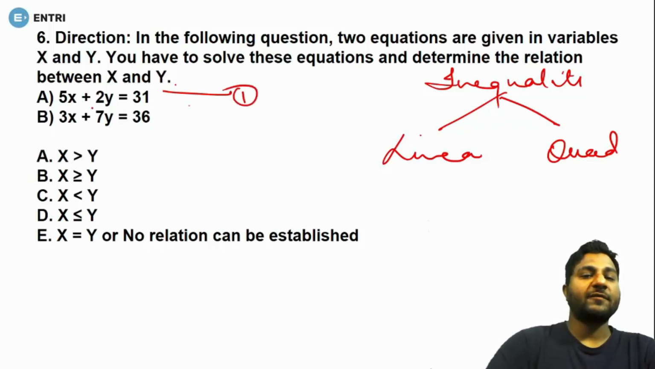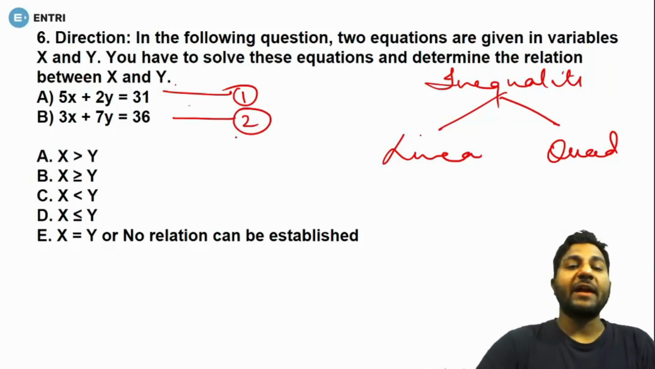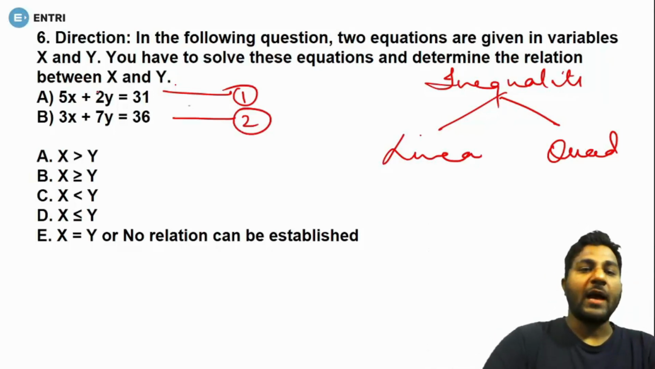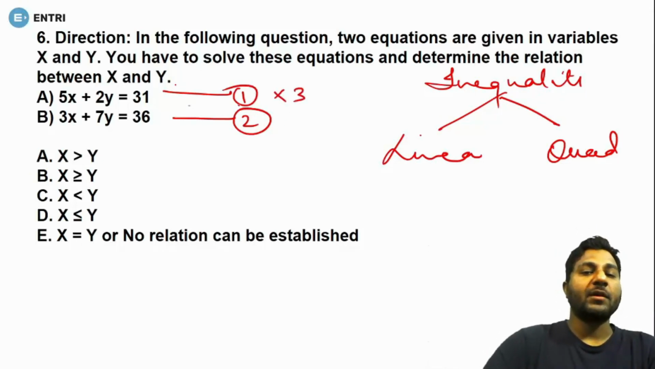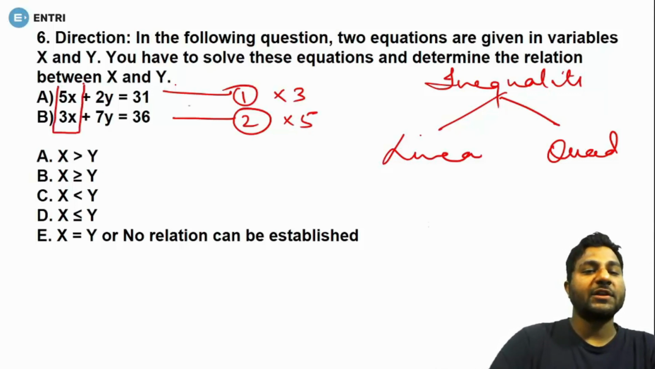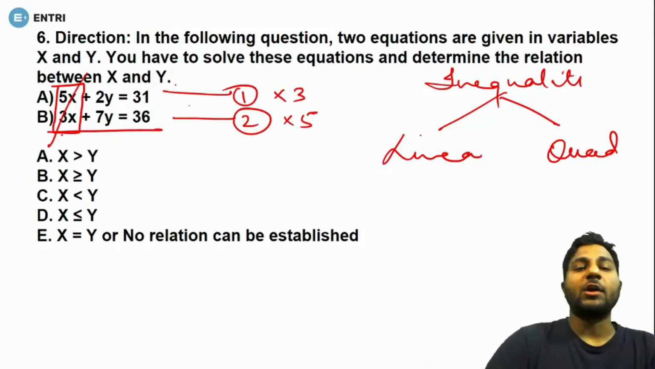The first equation is 5x plus 2y. The second equation is 3x plus 7y. What can we do to solve this kind of equation? There is only one way. You have to equate any one of the coefficients of a variable and then eliminate it, and you will get the value of the second variable. Let's say that you are multiplying with 3 in the first equation and multiplying with 5 in the second equation. That makes your x coefficient equivalent. So when you subtract these two equations, it will automatically eliminate the x coefficient, and it will become 6y